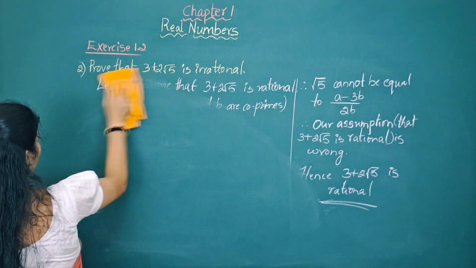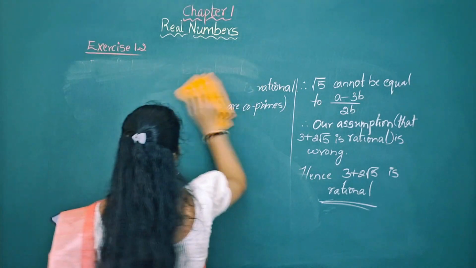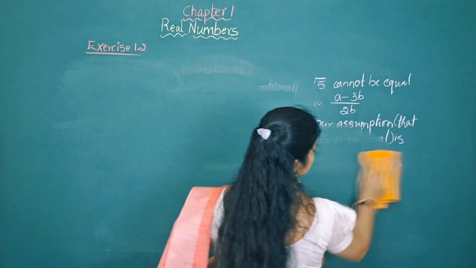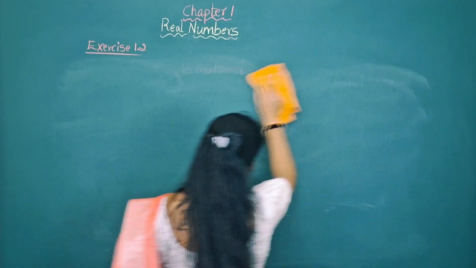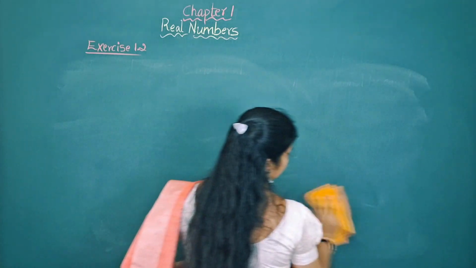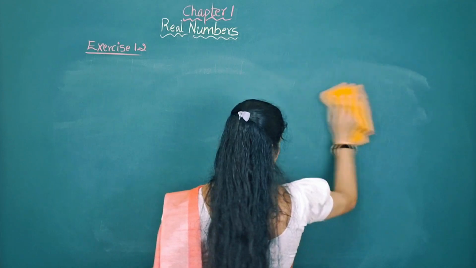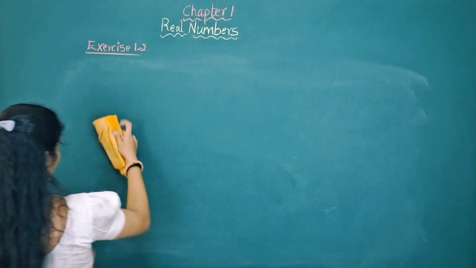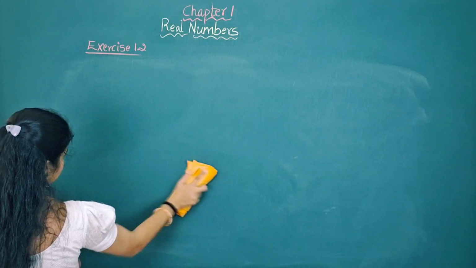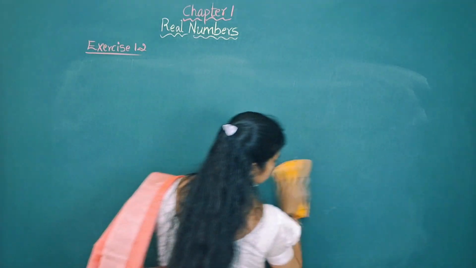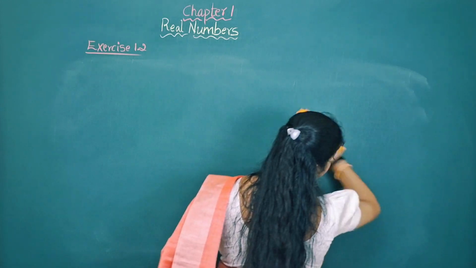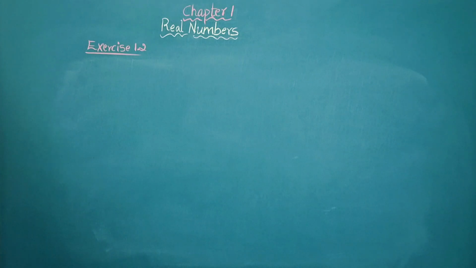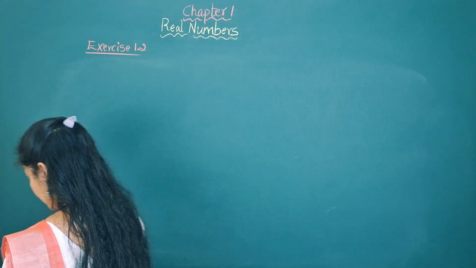Question number 3 has sub-questions. So, anyway, let us solve them one by one. In this exercise, we need to prove that the given number is irrational. Okay, so we use the same method. All the questions here are of the same kind. We need to prove a given number is irrational. To prove irrational, we are going to use the contradiction method: assume the contrary, then realize our assumption is wrong, and so conclude that the number is irrational.